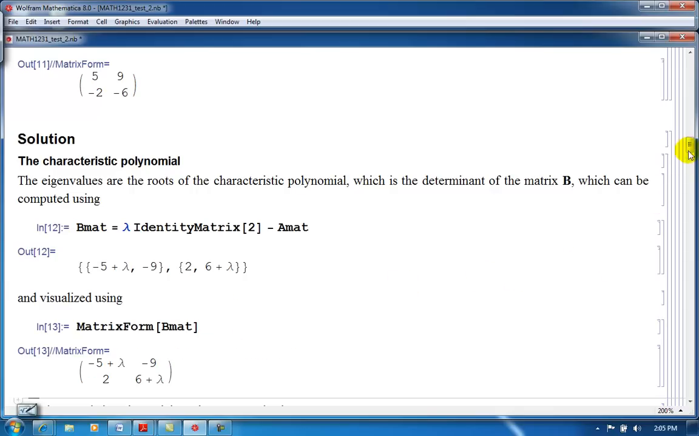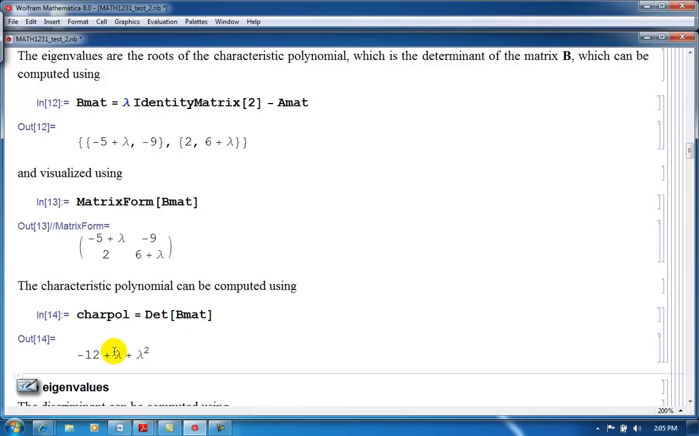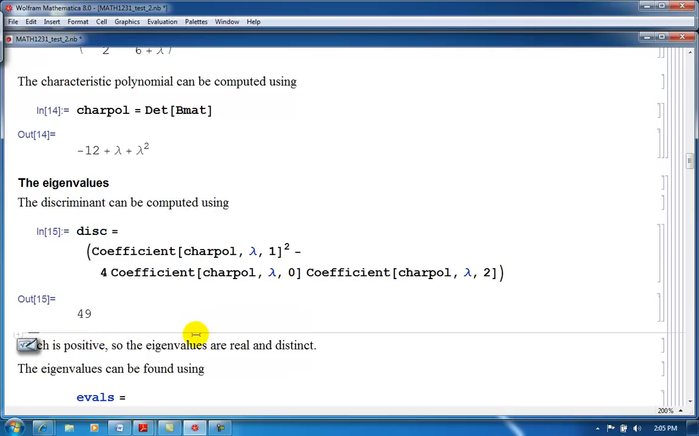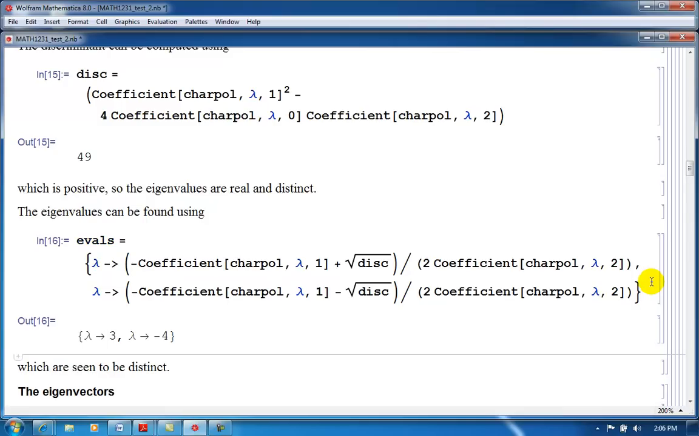And there it is there. And now we form the characteristic polynomial, which is the determinant of this matrix, because the eigenvalues are the zeros of the characteristic polynomial. So let's work out, that's a quadratic equation, so let's work out the discriminant, and that's 49, and that's positive, so the eigenvalues will be real and distinct, and we can use the formula for the zeros of a quadratic polynomial to find the eigenvalues, and they are 3 and minus 4,